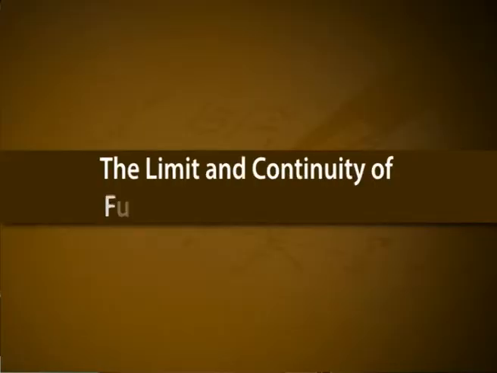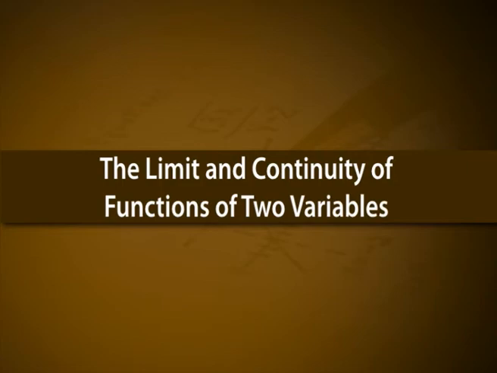Welcome back. In this session, we discuss the limit and continuity of functions of two variables. In real world situations, most of the measurable quantities depend on more than one factor. The volume V of a circular cylinder of radius r and height h is given by V equals pi r square h. If r and h vary, we can say that volume V is a function of two variables r